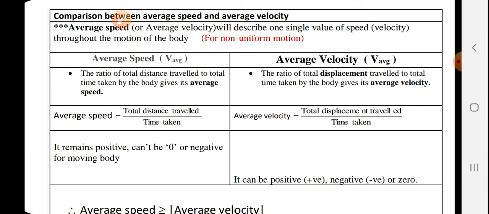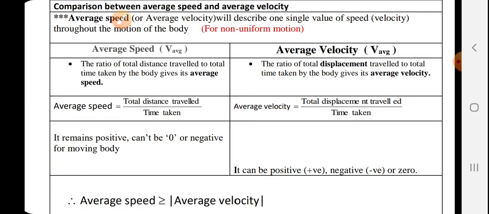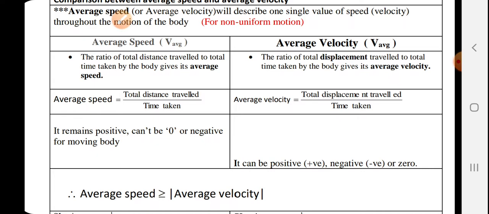Today we start a new topic, that is comparison of speed and velocity. Students, average speed or average velocity is required to calculate for the journey when there is a change in speed or velocity during the motion. For that type of journey, we require a single value of speed or velocity for the explanation. This case is also known as non-uniform motion, and the single value of speed or velocity is called average speed